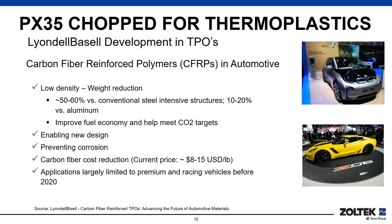Carbon fiber was able to offer LyondellBasell a lower density, which equated to final part weight reduction of 50 to 60% versus conventional steel structures and 10 to 20% reduction versus aluminum structures, all of which translates to improved fuel economy and lower emissions. It enabled new design features like thinner wall thicknesses while still offering stiffness, which enabled new designs and features versus current glass-filled solutions, the prevention of corrosion versus metal systems, and with the typical market pricing of carbon fiber, applications that were targeted towards only premium vehicles and racing programs were now more realistic and more cost competitive. With all these benefits and features, the performance backs up with the